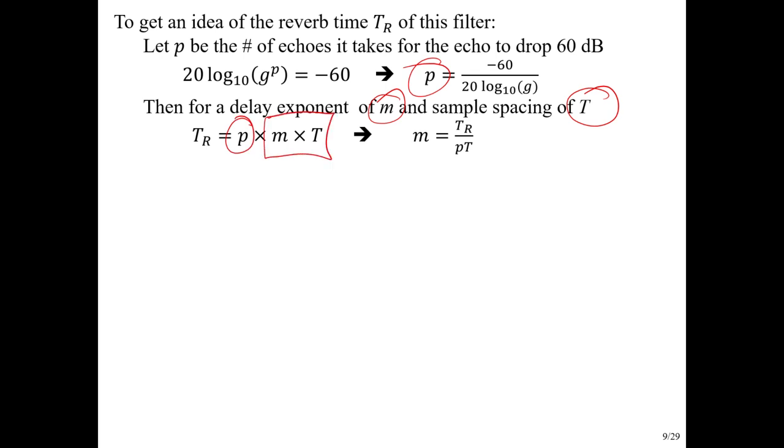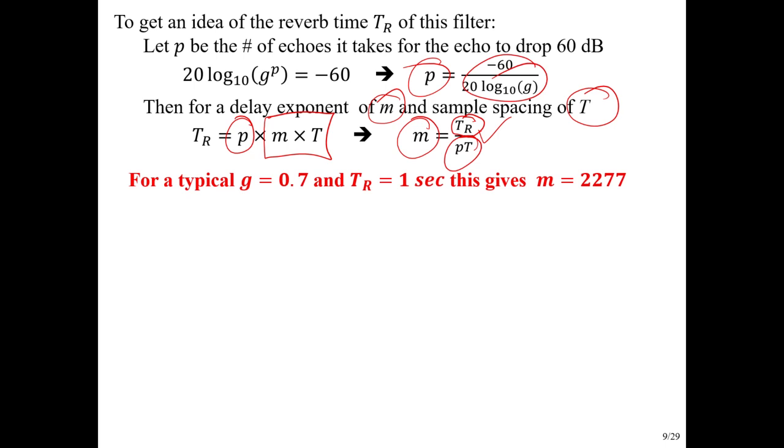So now suppose we say, okay, I've got a delay value of M and a sample spacing of T. I can then say that the reverb time is going to be this value of P times the spacing between echoes, M times T. And now I'm just going to solve for M. So the value of M that I need to put in to get this reverb time is, I put in my reverb time, I put in this value of P in there,